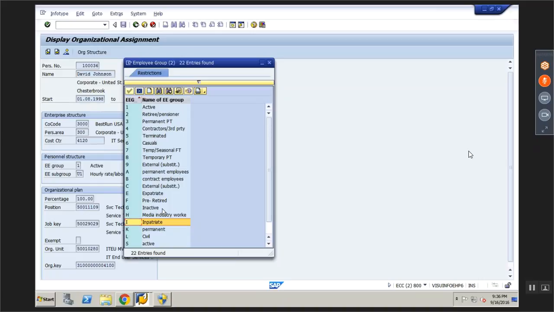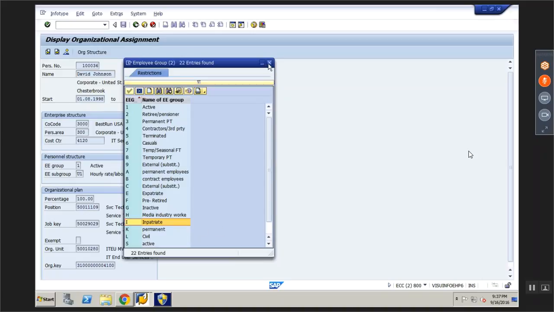In a company, if any employee joins, either he'll be an active employee or a permanent employee. If he is joining through a contractor, then he'll be a contract employee. Yes or no? If you look at the employee groups, everything is almost there. But still, if you want to add anything based on the company you are configuring, you can add new entries, no problem. But usually in this step, we don't pick up any new entries because everything is already available.